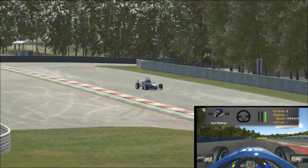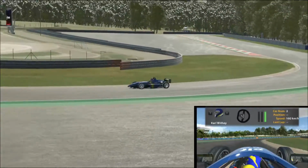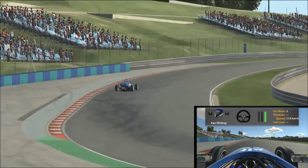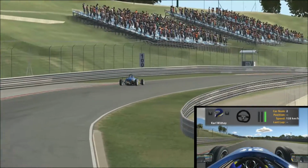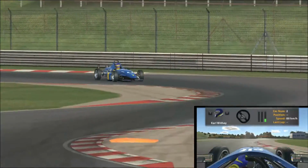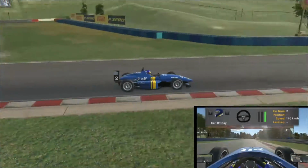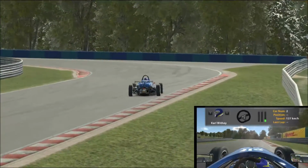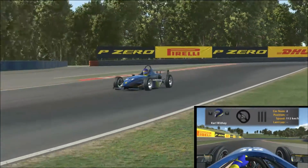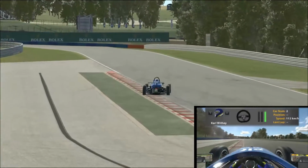Up towards turn 5, long right-hander. Just clip the apex, take a nice exit as you go towards the chicanes of 6 and 7 here. You want to take a nice bit of curb as you enter this corner, like so, and just fly through there as quick as possible. Second gear. Up towards turn 8, left-hander, lifting off a little bit, still in second gear. Turn number 9, just a dab of brake sometimes just to get the car turned in,